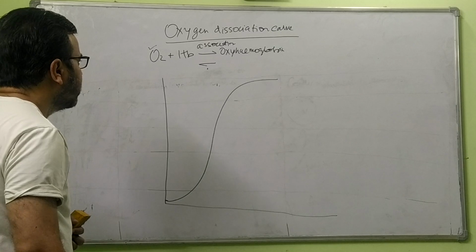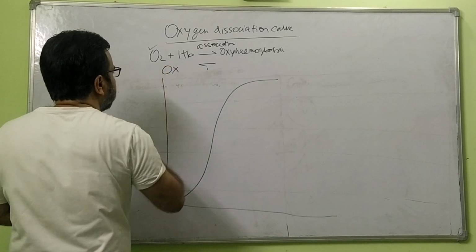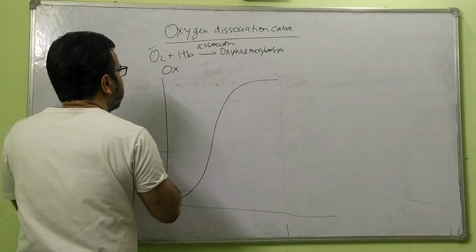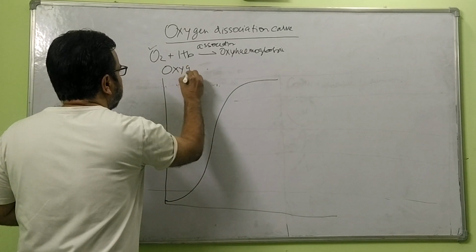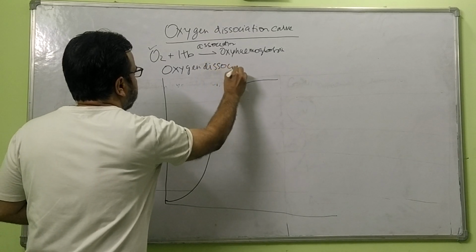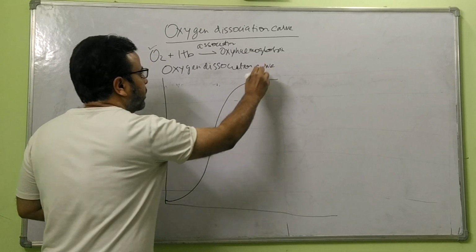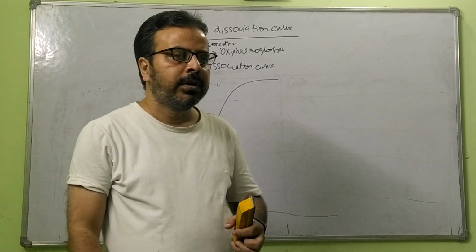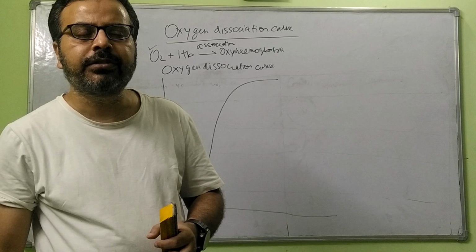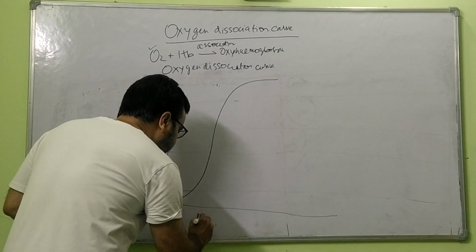So this curve is the oxygen dissociation curve. Here in the oxygen dissociation curve, on the x-axis we draw the partial pressure